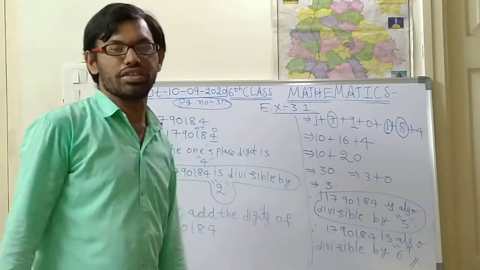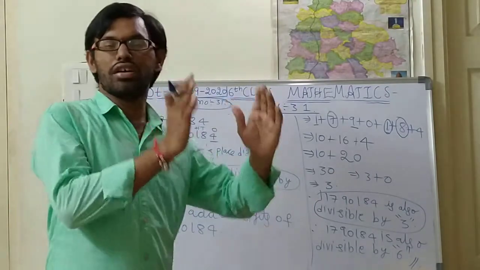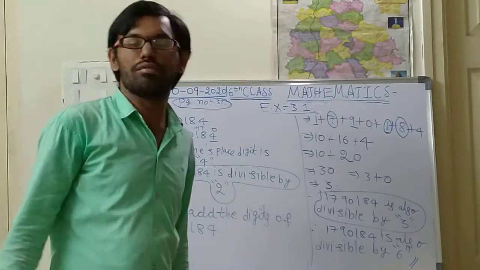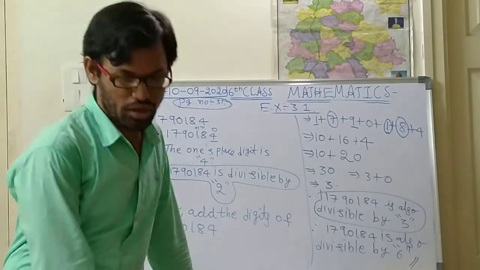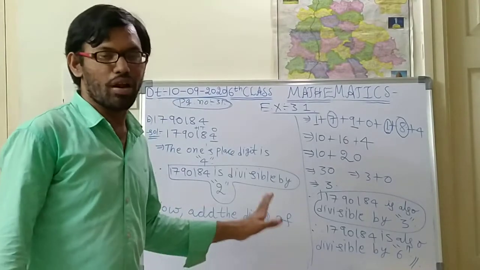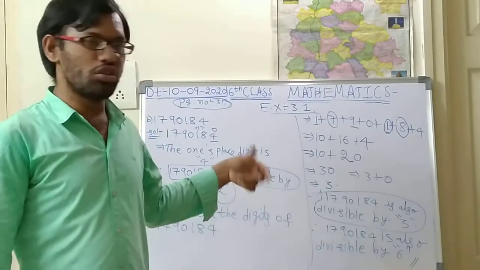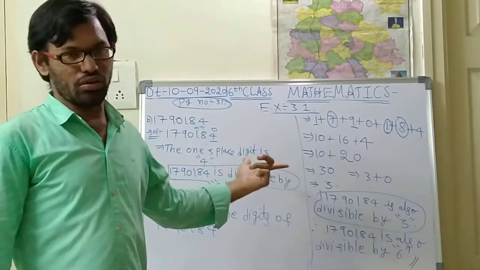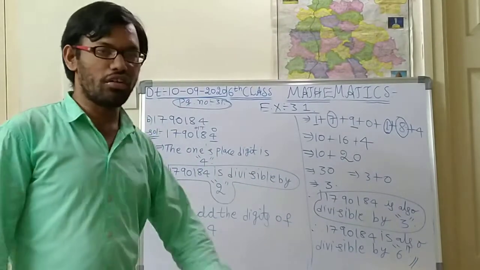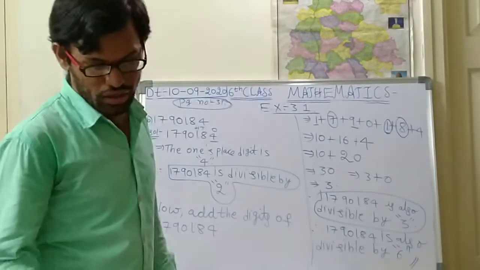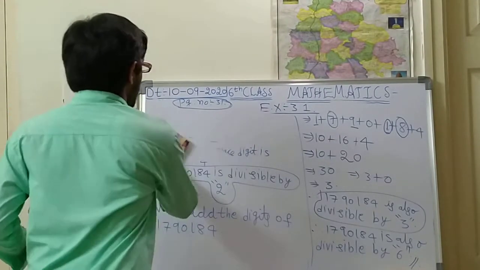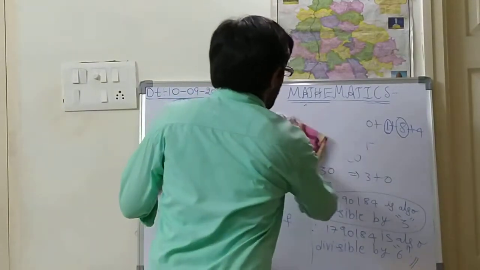So this is the process to determine whether a number is divisible by 6 or not; like this you are supposed to do the problems. I think you have understood all these problems, so you will be doing it like this only. If any doubts, post in the group. Now we shall go on with the second bit. What is the second bit? We shall see.